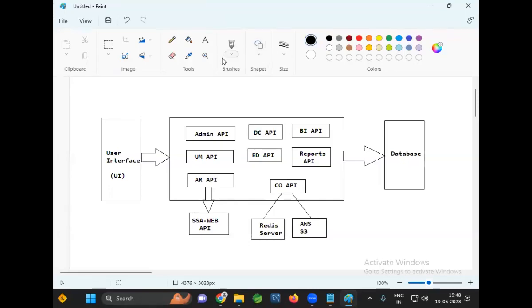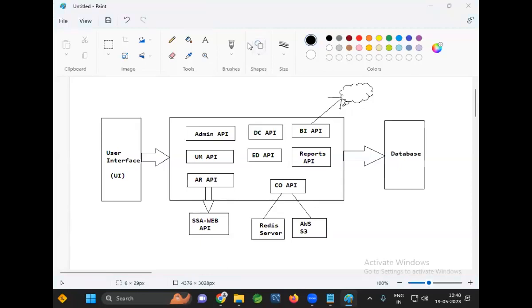And BI API is available. For BI API, we have one remote location. Whatever benefits we want to send, we are going to send by using this BI API. BI API will communicate with this remote FTP location, file transfer protocol, to give the benefits to the citizens.